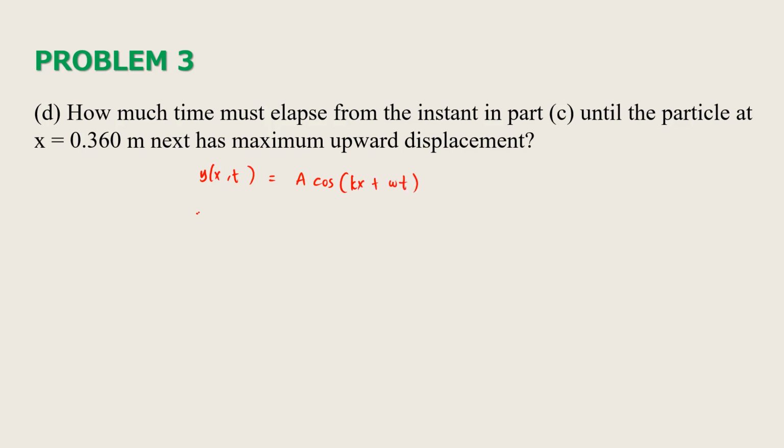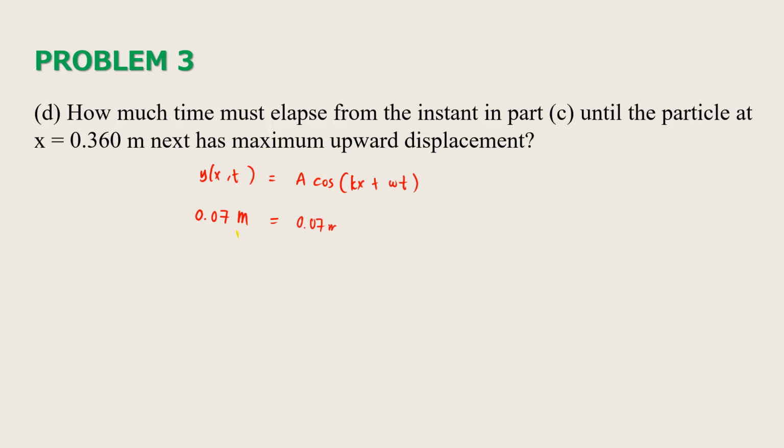So by this time, we have to find the time with which the particle in part C has maximum upward displacement. So that means the value of our y is 0.07 meter equals the amplitude, which is